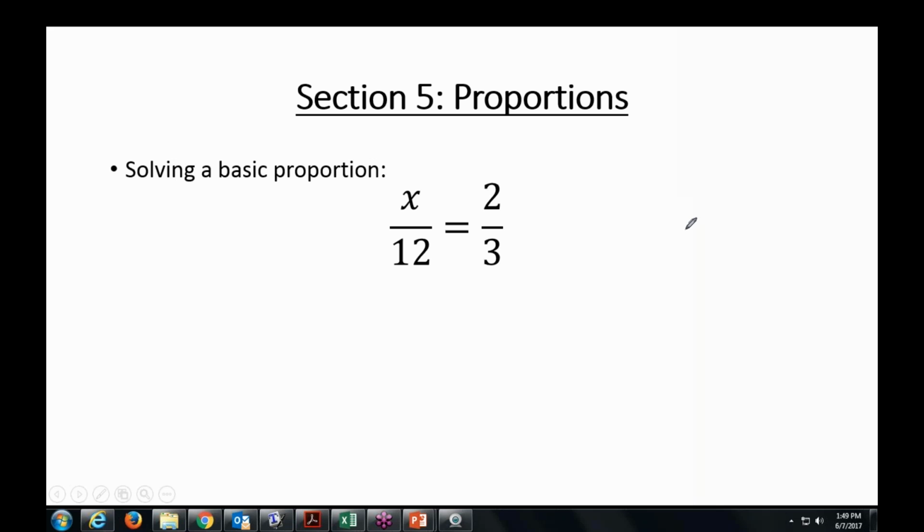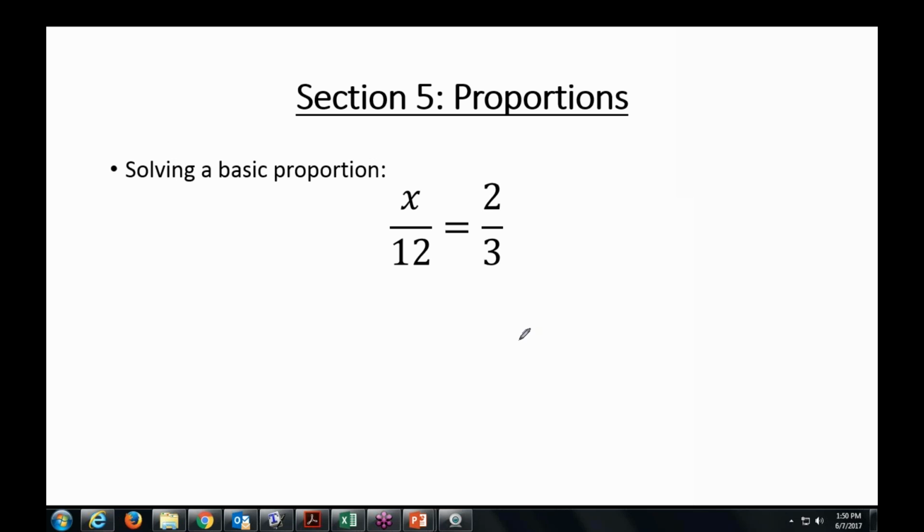I think they're fab. So a proportion, if you want to go by definition, is basically 2 ratios being set equal to each other. We know what a ratio is. We talked about it 20 minutes ago, right? It's fresh in your head. So a ratio is comparing 2 numbers. So if you have fractions, right, you have 2 fractions set equal to each other, therefore you have a proportion. Now, you will notice in this lovely proportion we have our best friend, x, and we need to find x. So the goal of our proportion here is just to find the value of x.